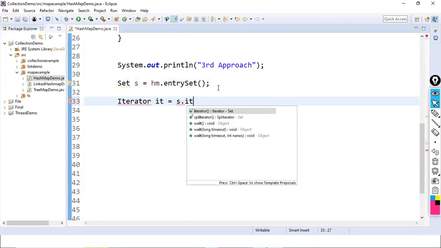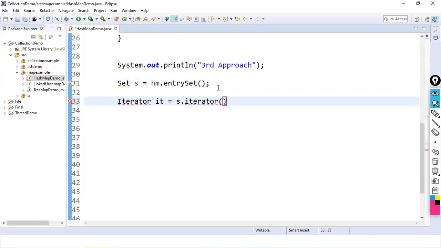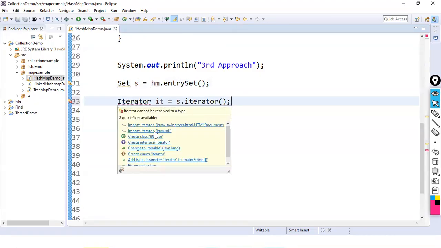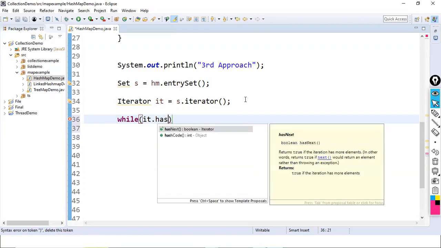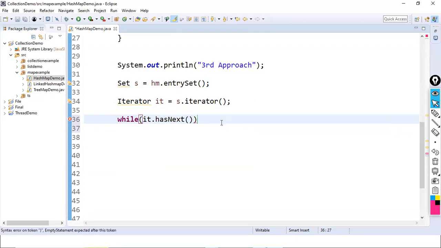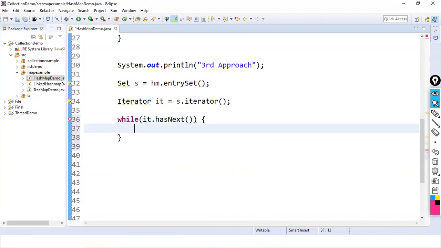Yes, set dot iterator is the method which we have to use here, and I think we need to import this one. Let me import java.util.Iterator. Accepted? Yes or no? Next, followed by which loop? While loop. So while, what is the method to check whether the next element is there or not? it dot hasNext is a method. This will give the return as true if the element is there or the object is there. If not, it will return false. Then followed by